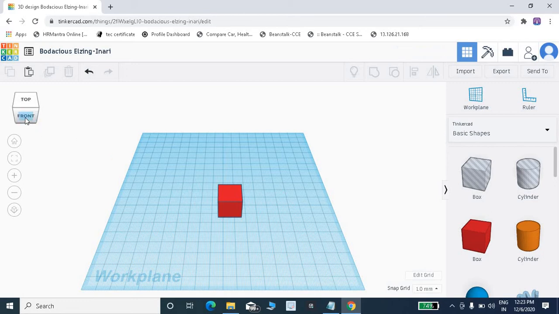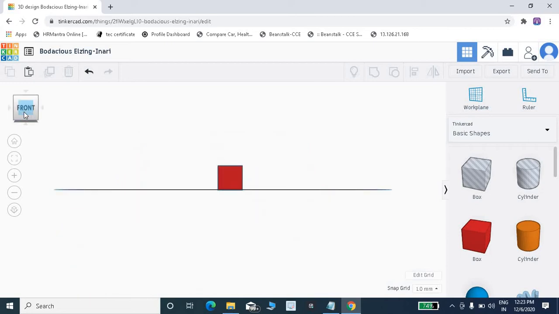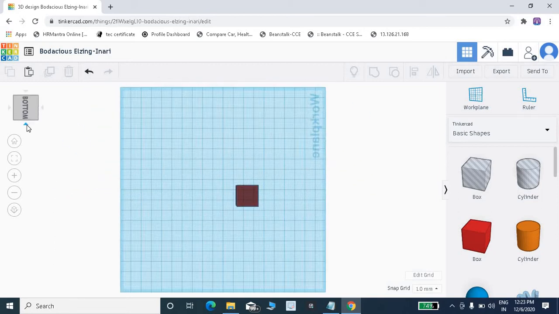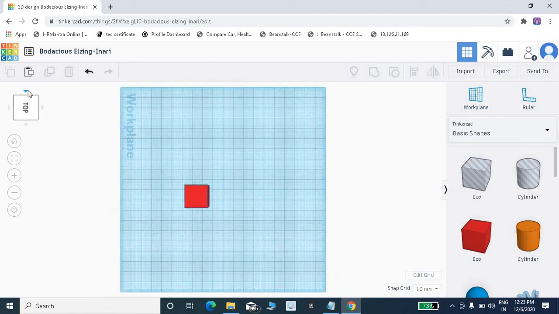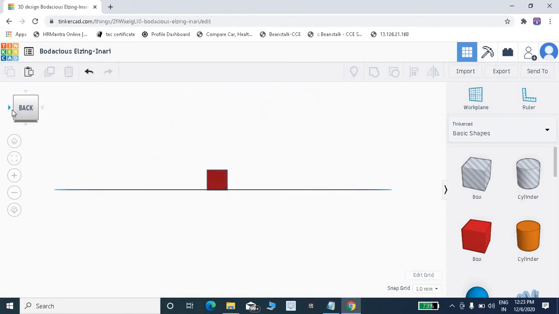By using the view cube, you can see it in front, then the right corner, then the back side, then the left side, from the bottom. Okay, you can view your object in different ways by using this view cube.